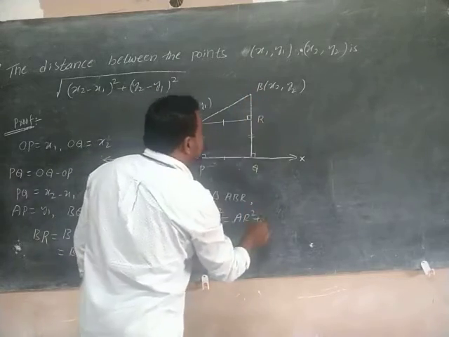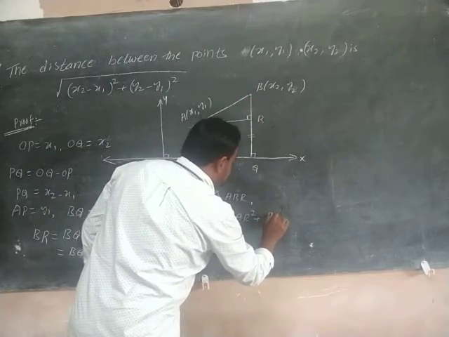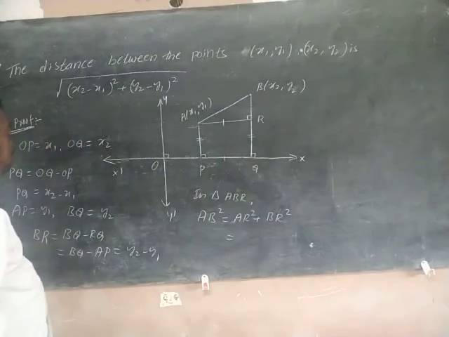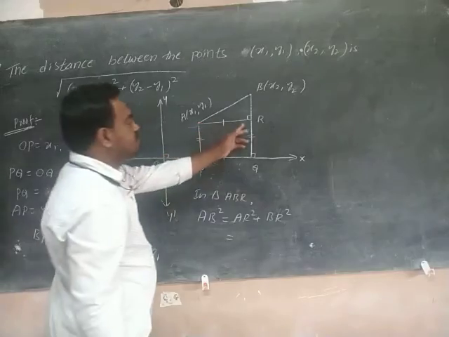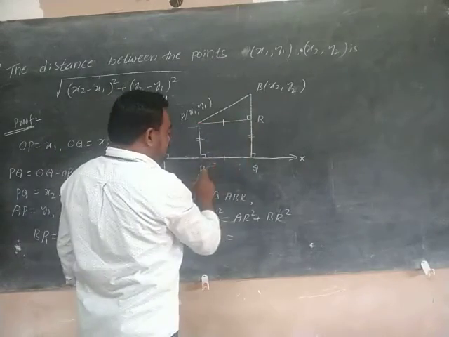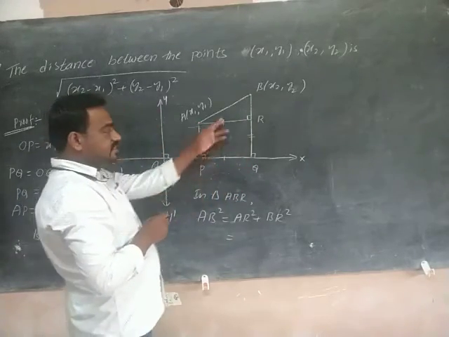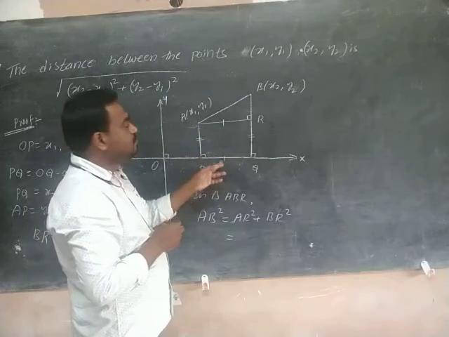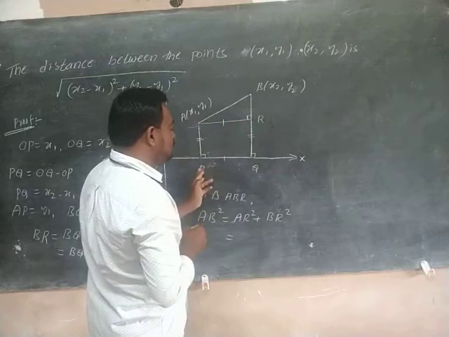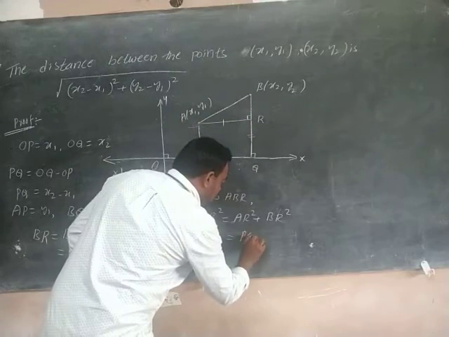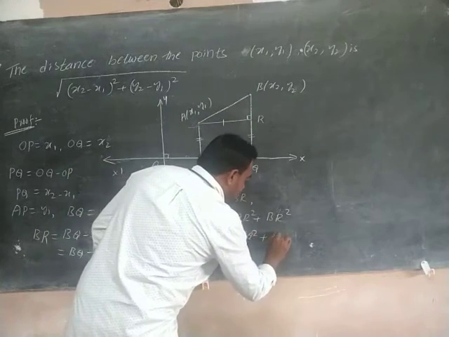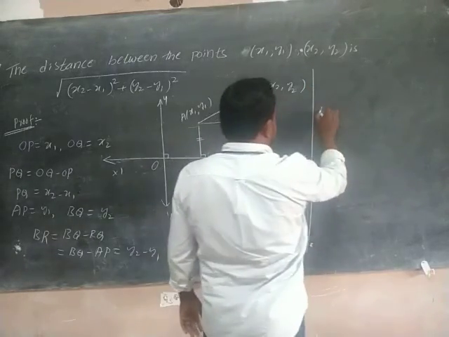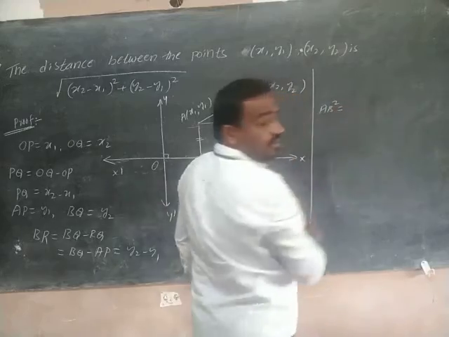AR square plus BR square. Okay, AR is equal to PQ, no? Because it is a rectangle. In a rectangle, opposite sides are equal. So AR is equal to PQ. So PQ square plus BR square. So that is AB square equals